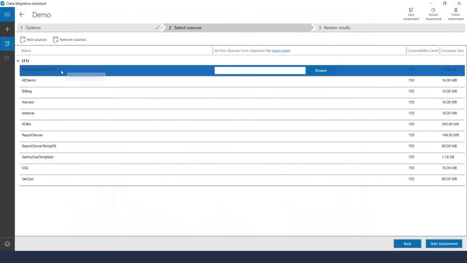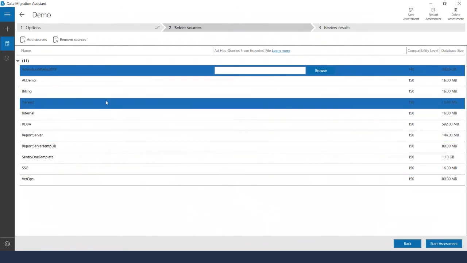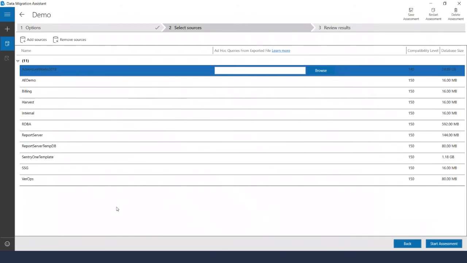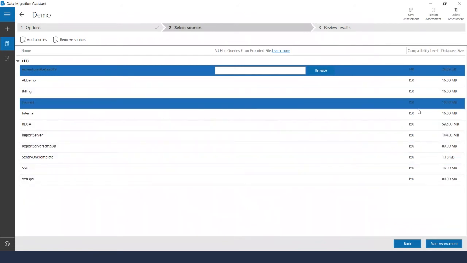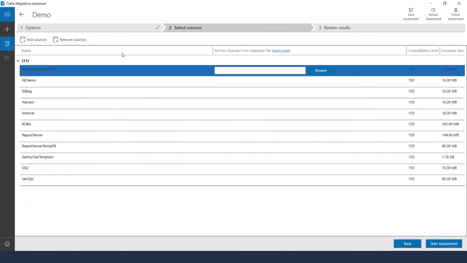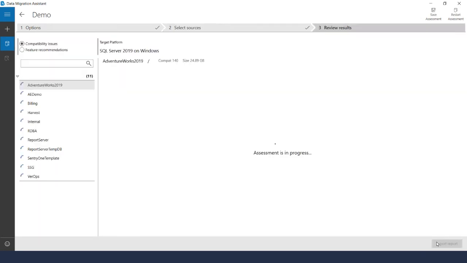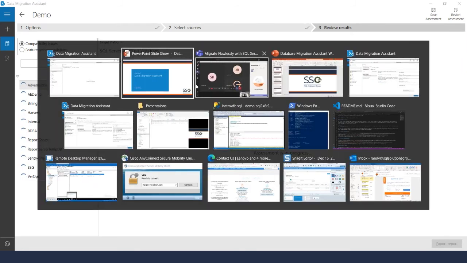And we can see all of my databases. Now, my local instance is SQL 2019, and most of these databases were created there. So you see my compatibility level is 150 for almost all of them. 140 for AdventureWorks 2019, because I've got that specifically set up that way. But this is just my local instance with a few things on it. There's not going to be much to do here. But what I do is I click and I say start assessment, and it starts cruising through doing the assessment, right? Well, let's go over to